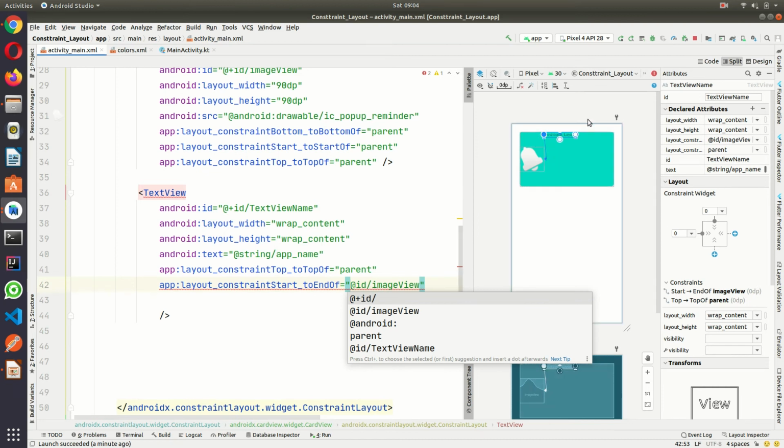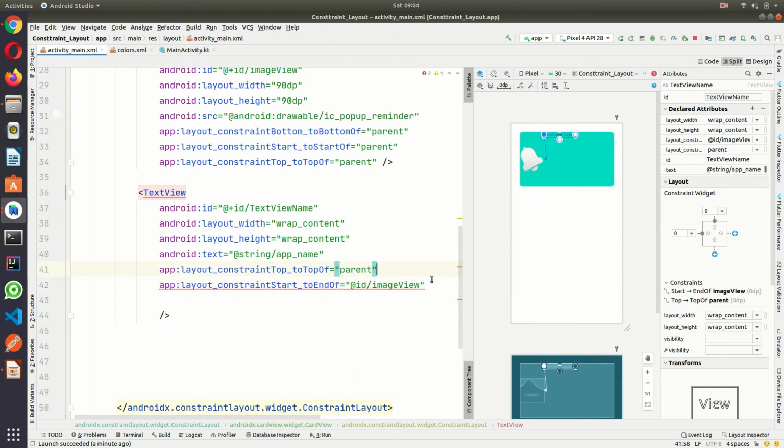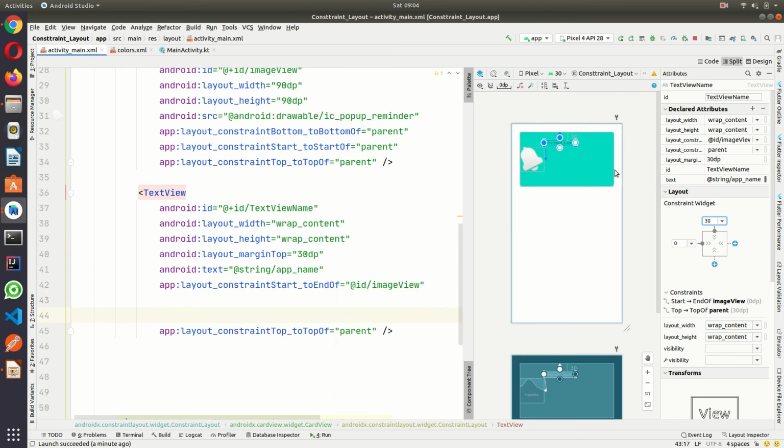Okay, so this property places it after the image. And this is top, so I can give some margin, so it came here. If you want it at center, you can put 50 margin, it came here.